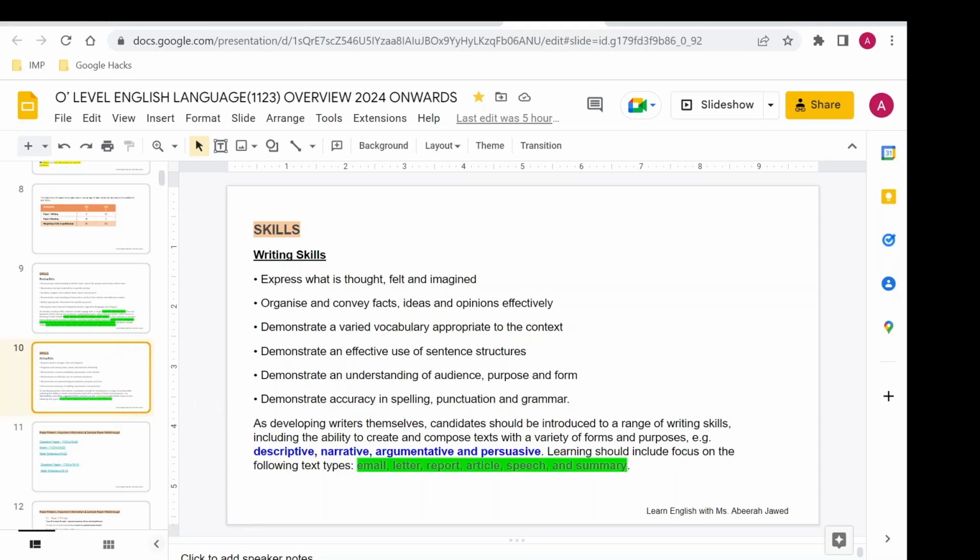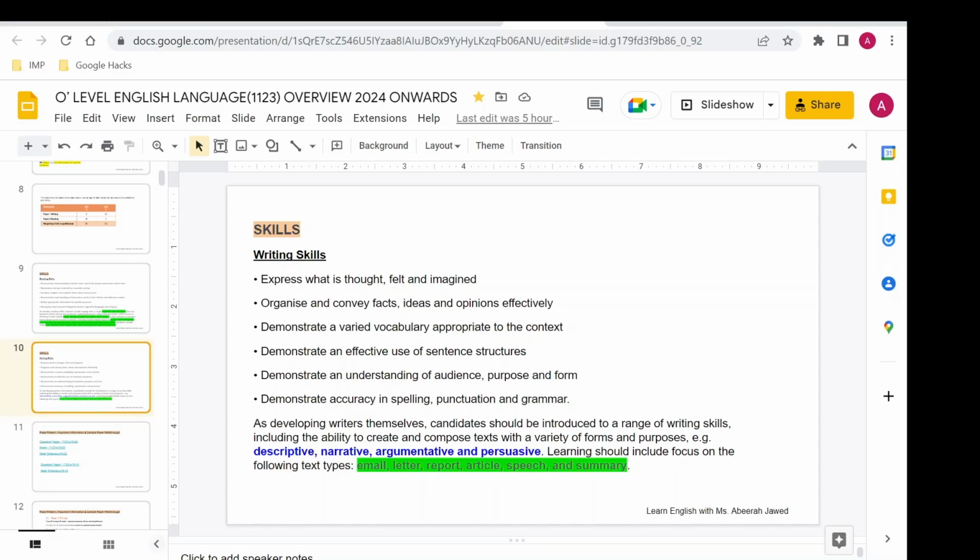Okay, moving on to this particular part. This is the last year, 2023, where the students will be tested on argumentative essays also. From 2024 onwards, they will not be getting an argumentative essay topic. Now you get two of them. In 2024, only descriptive and narrative essays will be given in the composition section.